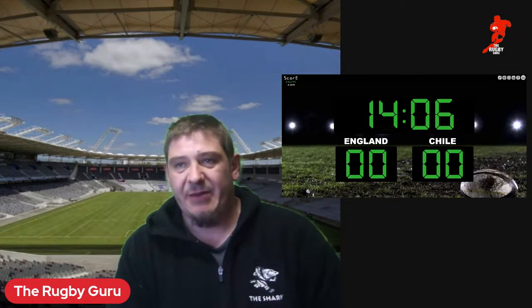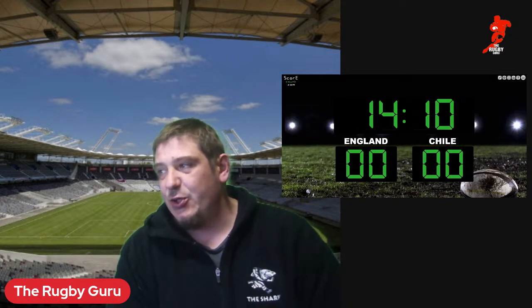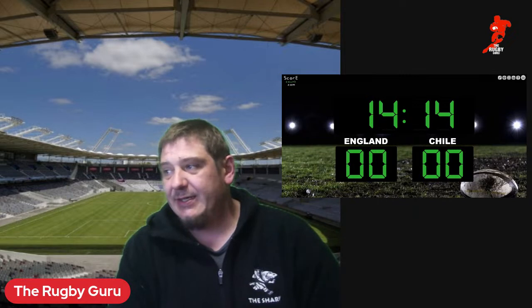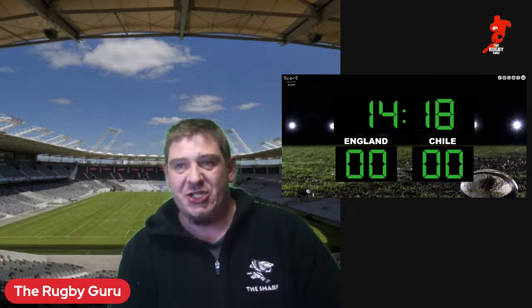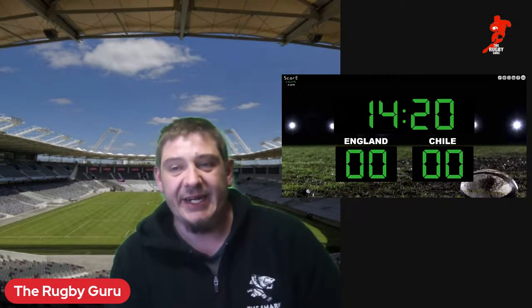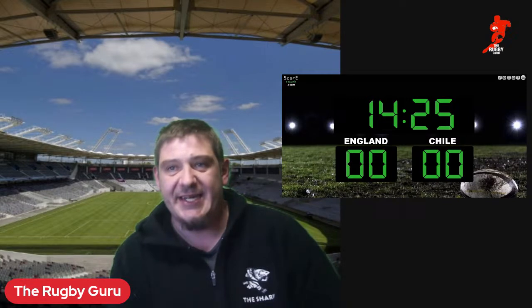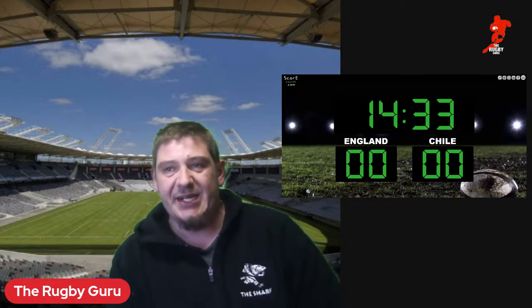The kick now coming from Francisco Uros, the fullback today. My favorite player, Inaki Ayarza, obviously on the bench today. That kick not going to find touch and finds Henry Arundel. Now Marcus Smith gets it out to Owen Farrell. There's room on the left-hand side of the field. Out wide to Elliot Daly. Runs it up to between the 10 and the 22-meter line.